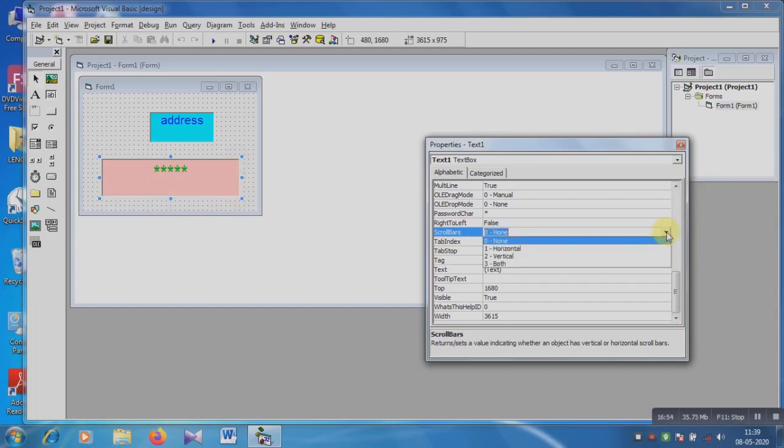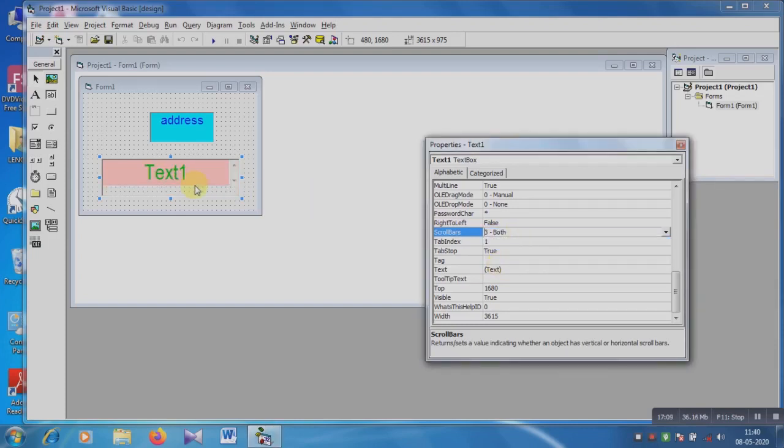But if you choose horizontal, then a horizontal scroll bar appears on the text box. If you choose vertical, then a vertical scroll bar appears in the text box. If you choose both, then both horizontal and vertical scroll bars appear in the text box.